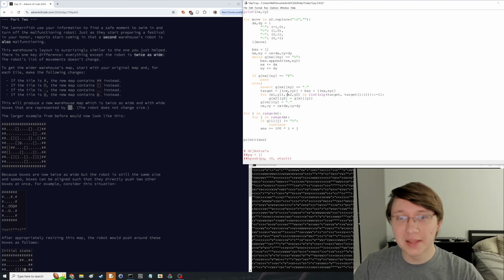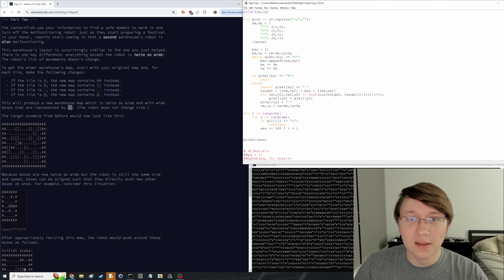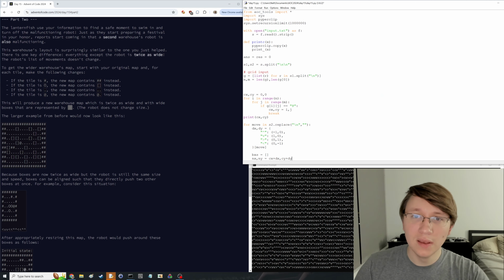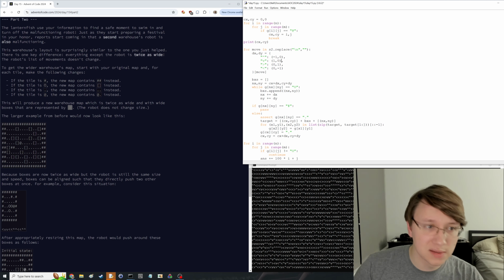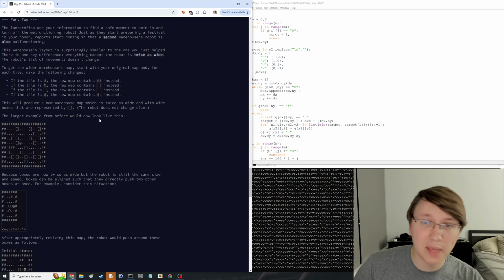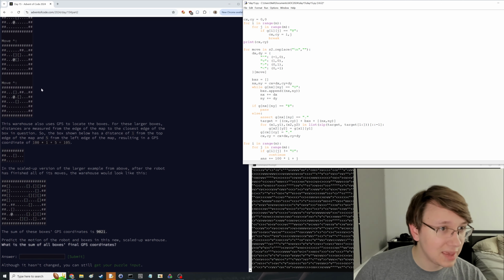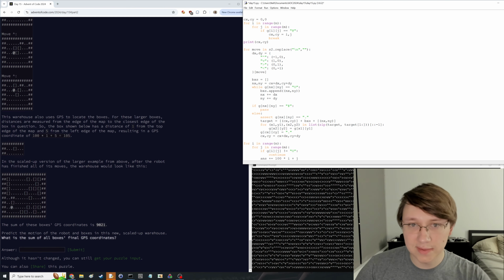Okay. Let's rewrite this a little bit. This is instead going to change to a series of coordinates that need to move at all. So what we'll do, and this needs to be recursive, I think, because you could actually push exponentially many boxes at once, I think. Let me make sure that, yeah, because you have it kind of set up like this, where 1 splits into 2. Okay, so I think what we're going to do is,